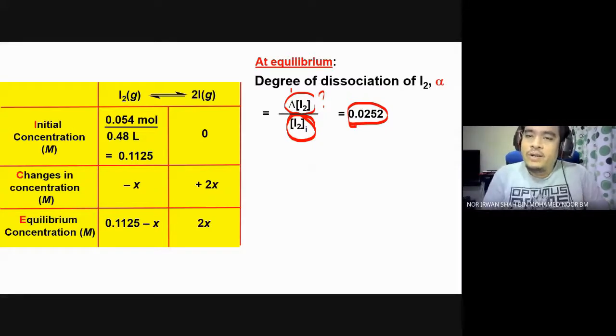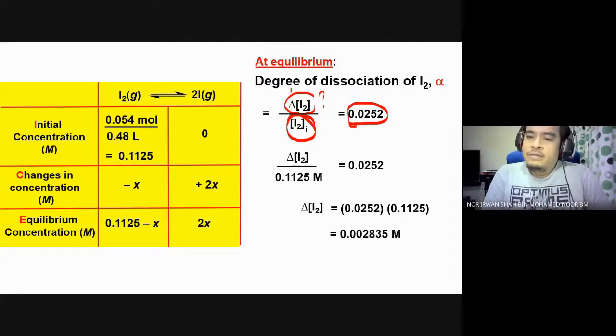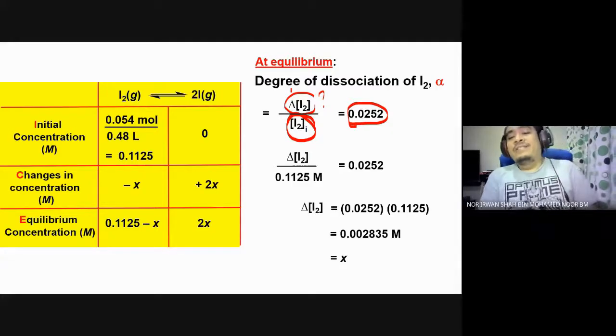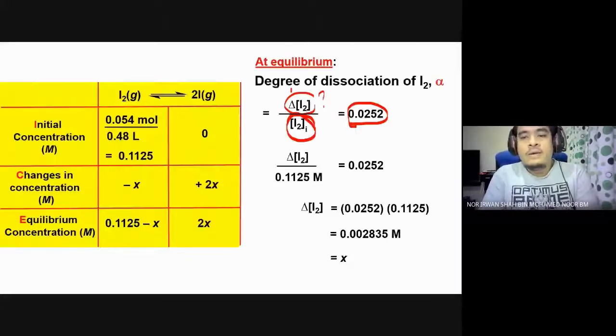So now let's look at the value of X that we are going to get. By substituting the initial concentration in this formula for alpha, and then solving, we are going to get 0.002835 molar. And this concentration also represents the value of X. Once we have determined this value of X, the next step is